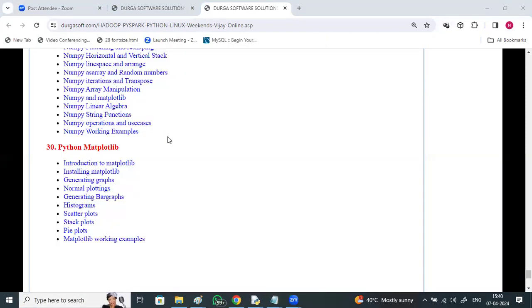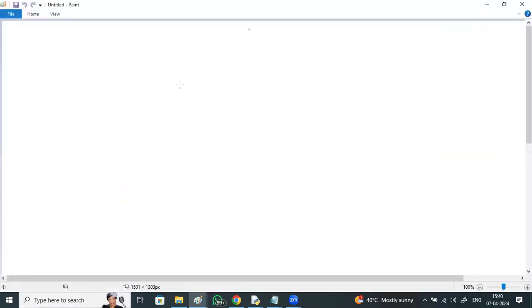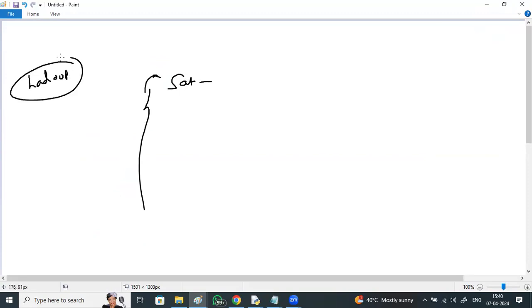I'll be starting how exactly the data storage and processing happens. Next Saturday and Sunday, you'll be having 2 hours, 2 hours. Yes, we'll be starting with the technicals of this, right? So we'll be starting with Hadoop, and the Python you'll be attending on the weekdays. For the first 1 month, we'll be spending on this Hadoop. Meanwhile, you'll be updating with Python. So you will have the basic knowledge by the time we go with PySpark.